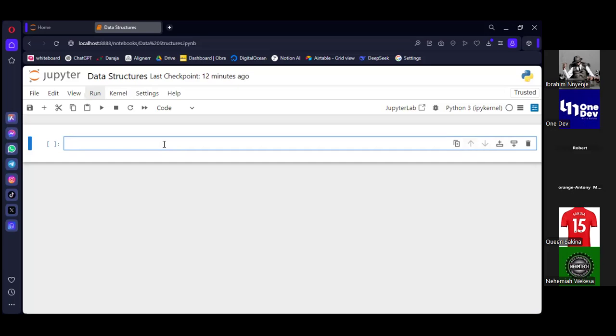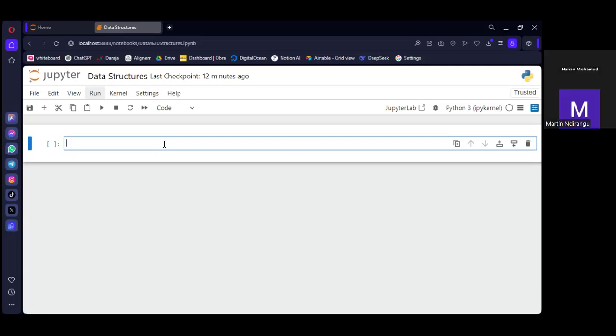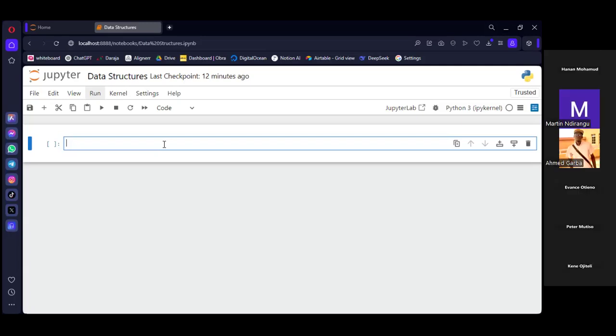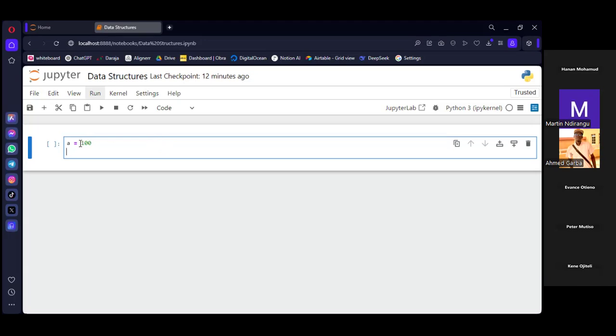I demonstrated with an example. For example, when someone tells you, "Get me a cup of coffee," they don't mean that you give them an empty cup, but the cup that has coffee in it. So that cup is like a container for the content, the coffee in that cup. In a variable, for example, when you say A, you assign it a value like 100. So this equal operator, you're not equating.